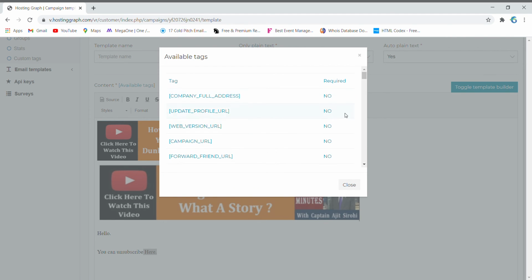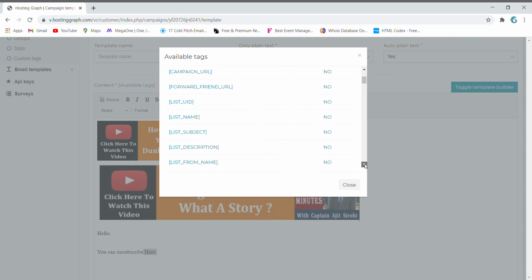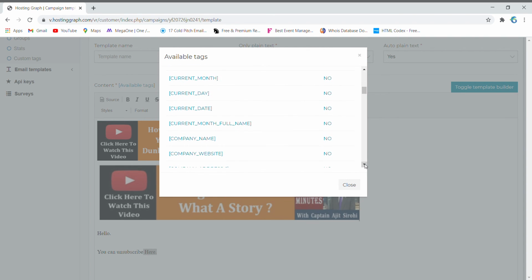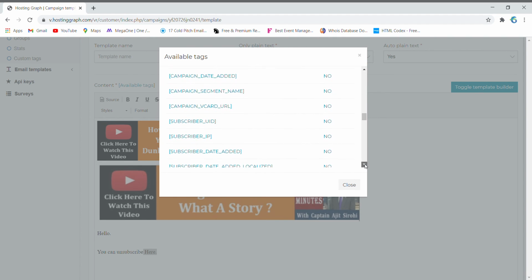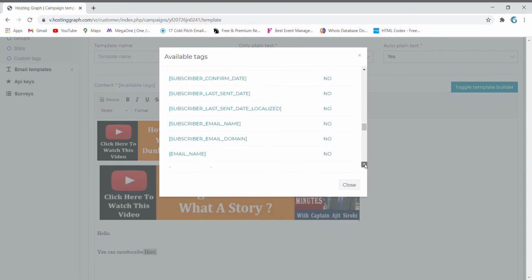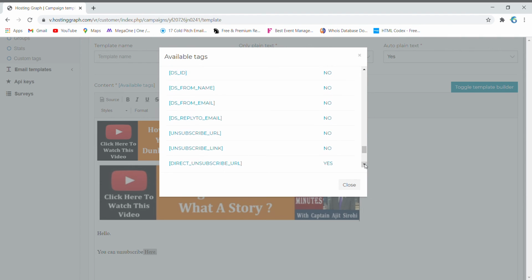Here you can see some content tags. These are all not mandatory, but we have a direct unsubscribe URL which is mandatory.